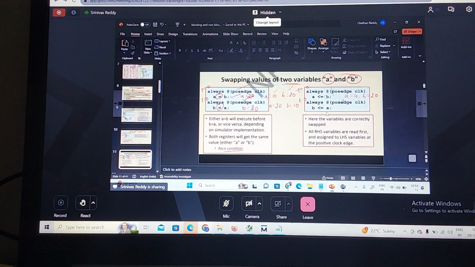Now A will be assigned 20, right? And this also concurrently. Now the A value is 10. That will be evaluated as a temporary variable, which will be assigned to the left hand side at the end of the time step. So the swapping will happen in non-blocking. The swapping is happening in a scenario where, whenever you are swapping, one case where you need